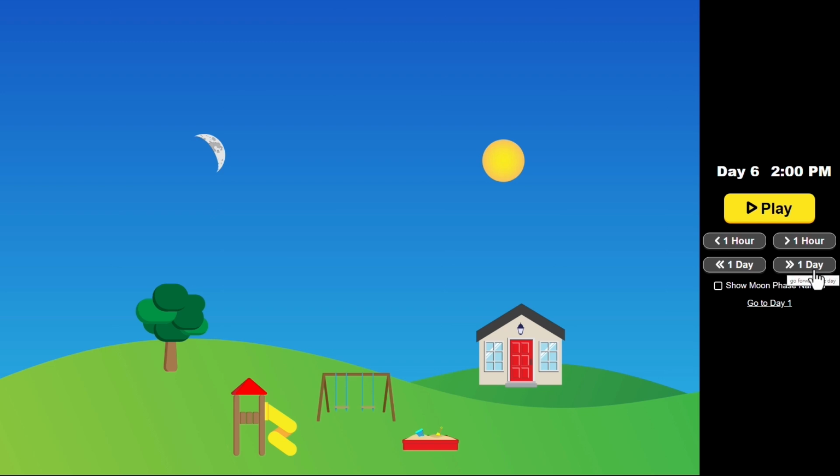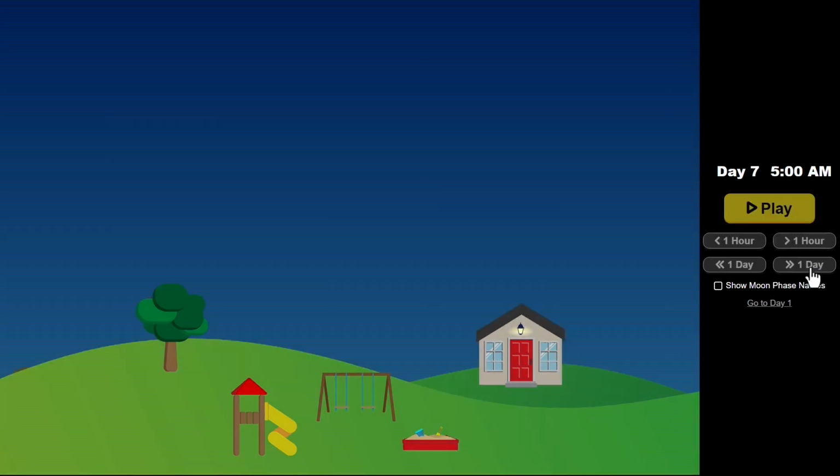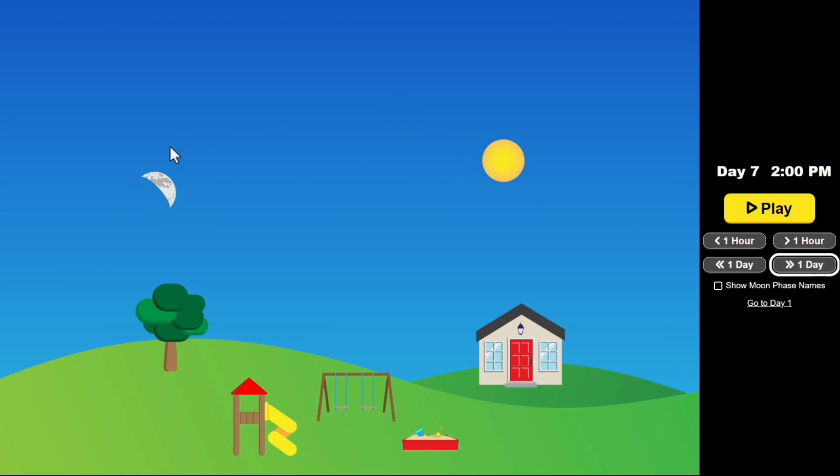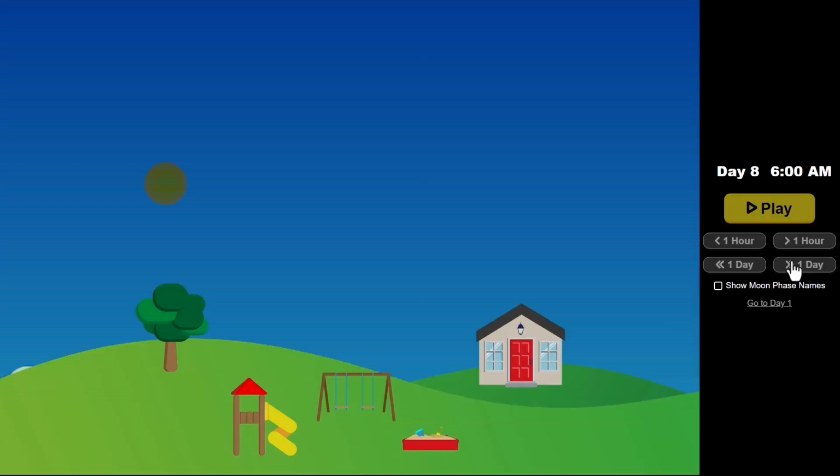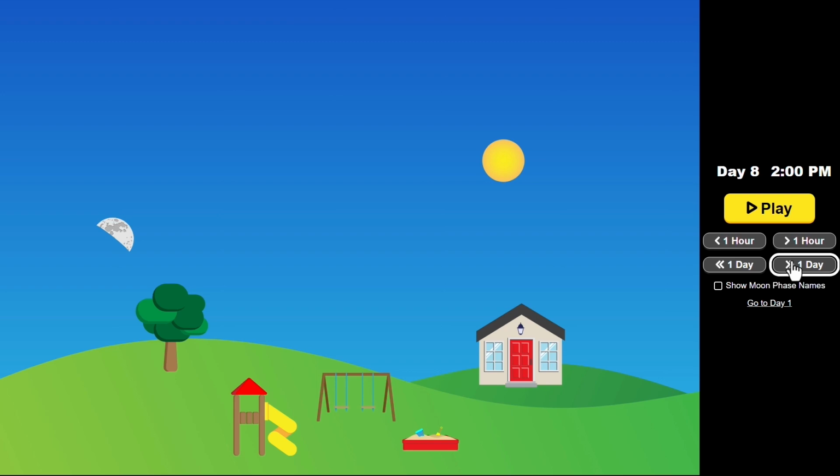Let's say I run the time and make it go one day further and come back to the same 2 p.m. the next day, from the same place I am observing. Did you observe? The separation between the moon and the sun changed. I go further. The separation between the moon and the sun changed. This angular separation, right? It's far away. Same 2 p.m. Now again, 2 p.m., it's further away. Another day, it's further away.